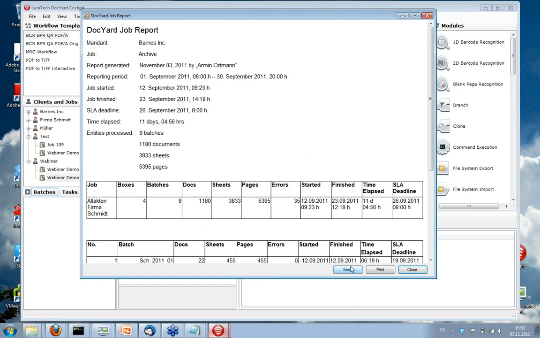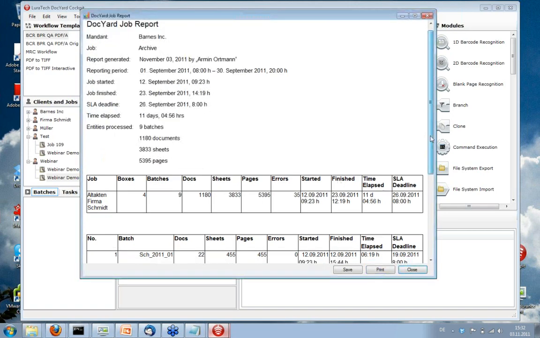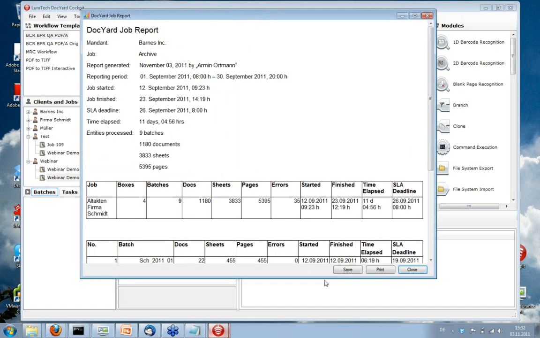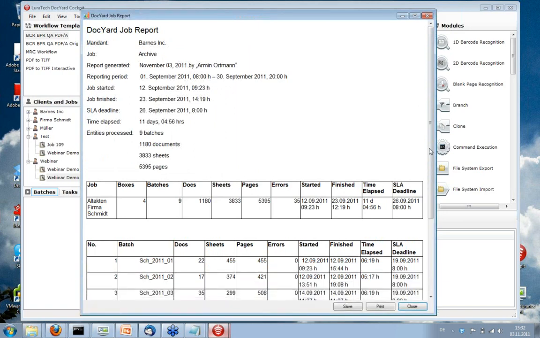Please note that you can save the report as an HTML at present, or you can proceed and print it, which will bring up this printer dialog. But of course you wouldn't see much if I run it through the printer here. Anyway,